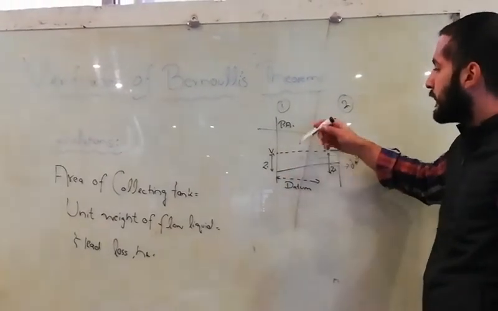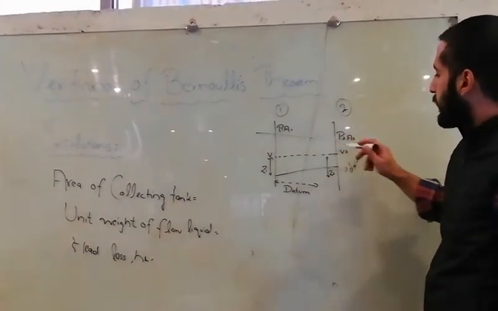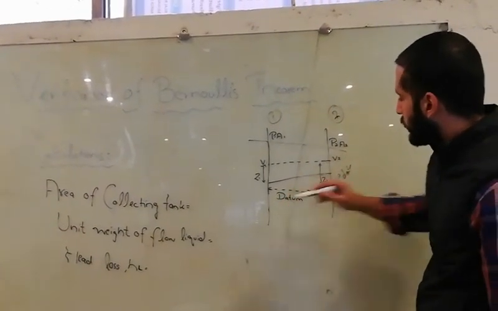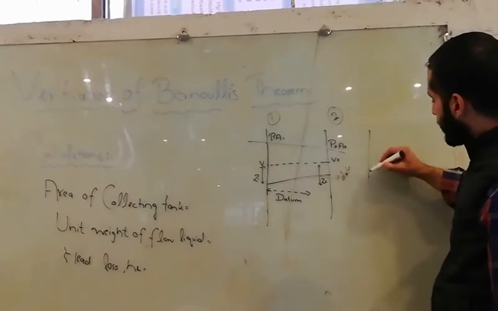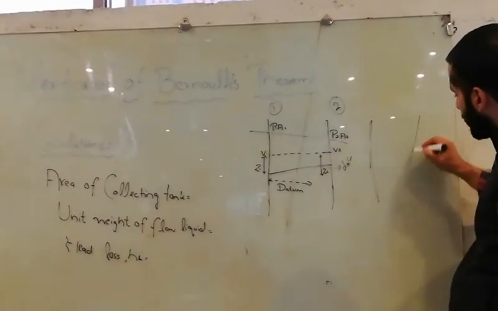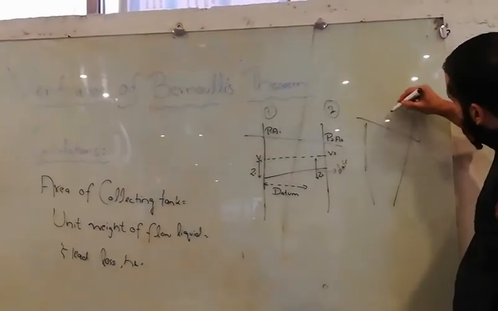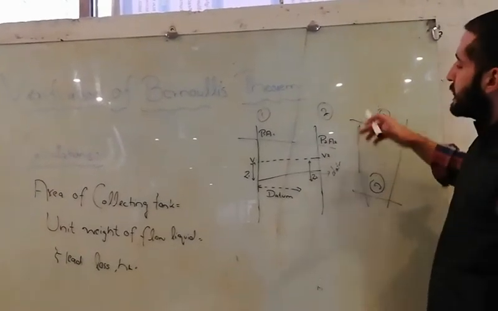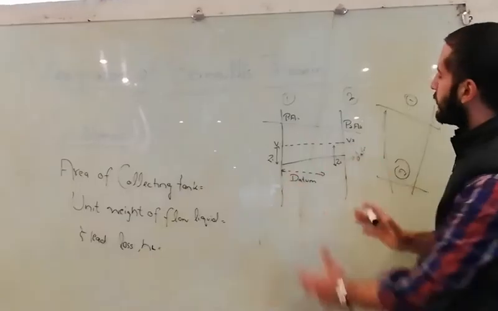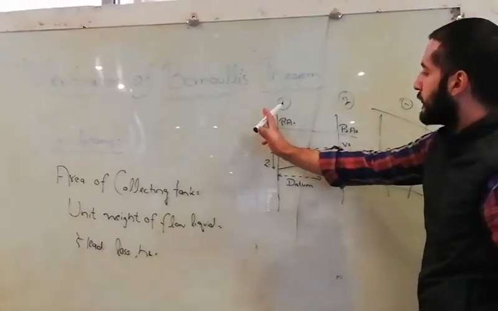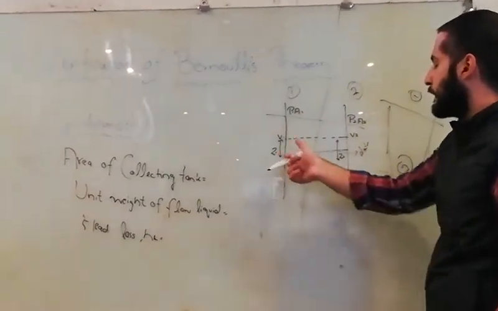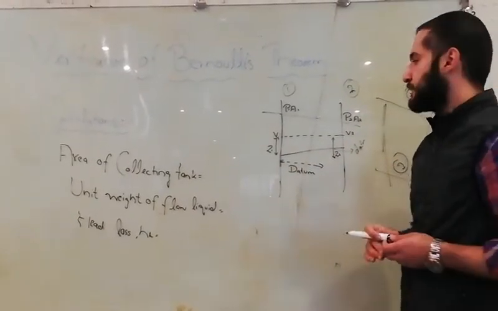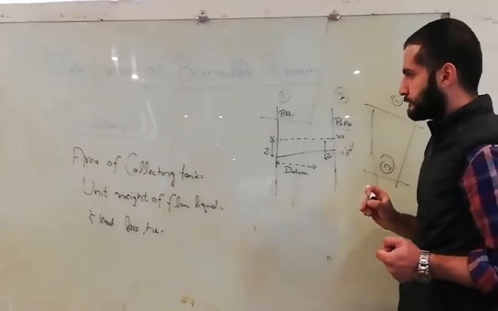What it seems is that the fluid is passing through like this or like this. This is one fluid and this is the other. In the vertical form, it comprises higher elevation and lower elevation, the datum varies and velocity varies as well. But remember, students, energy will remain constant.